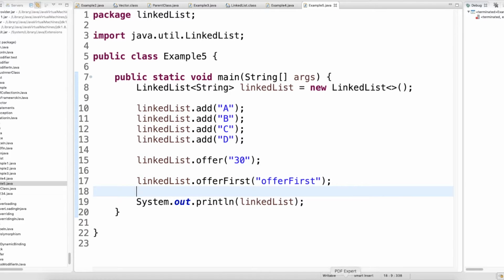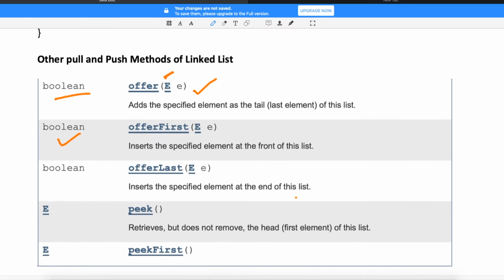Similarly, we have another method called offer last. This will add the specified element at the end of the list, and the return type is boolean.